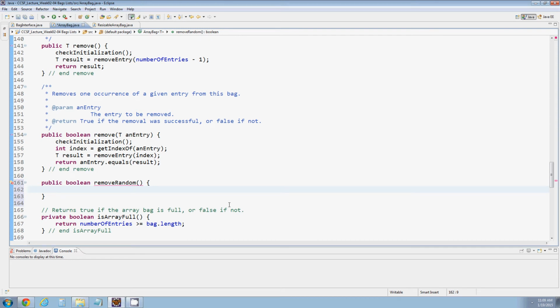So what I want to do is pick a random element from our bag. So in ArrayBag, we've stored all of our elements inside of an array, and our array starts at position 0, and the last entry in our array is at position numberOfEntries - 1, right? Because if there are 5 elements in our bag, they're stored in array positions 0, 1, 2, 3, and 4, okay? So what we need to do is get a random number to represent a random position